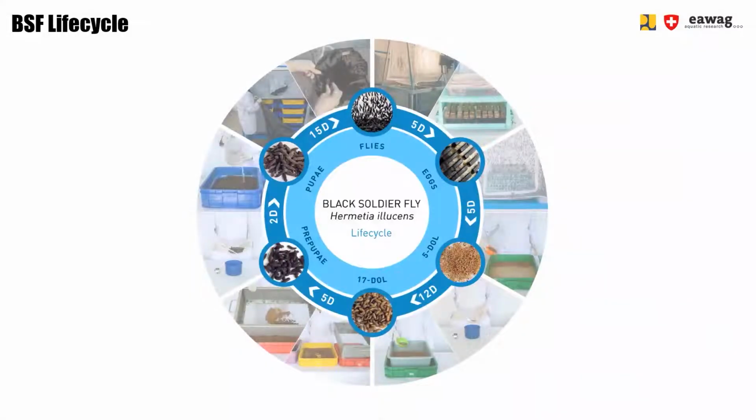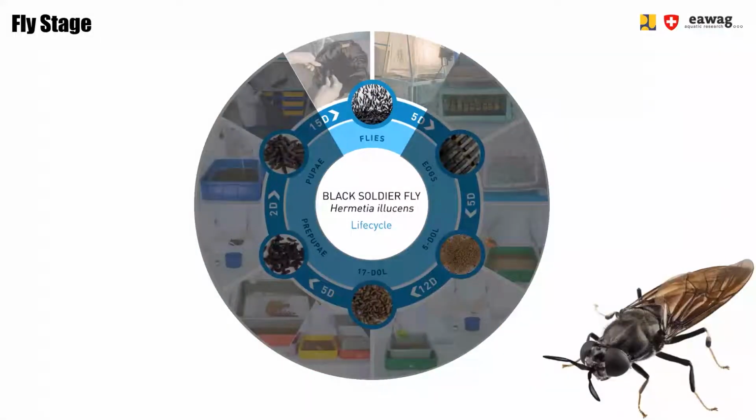In this chapter, we'll be passing through the life cycle of the BSF, explaining to you at each stage of the life cycle what the processes are to handle the black soldier fly in that life stage. The life stages will be passed through following the BSF Lifecycle that you see in front of you on the screen. So the first step is the fly stage, which will cover the operations between setting up the loft cages,